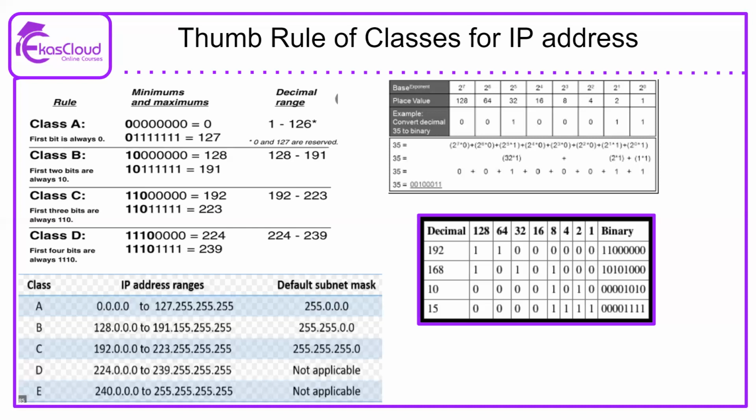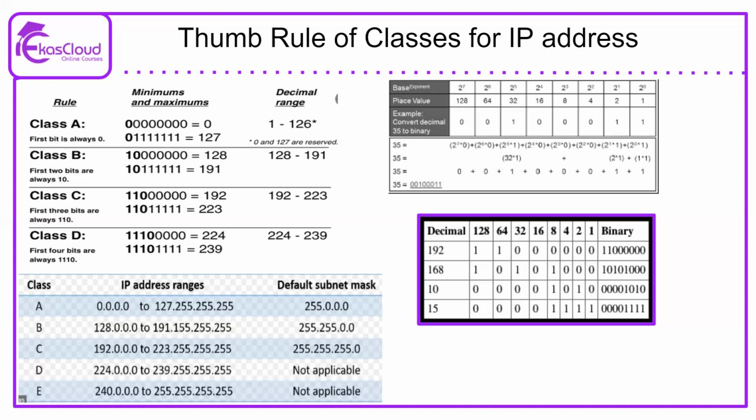And then in the first picture, if we go back there, we can see the minimum and the maximum. So the class A rule clearly says the first bit is always 0. The moment we set the first bit as 0 and set the remaining bits all as 1, the number it is going to become is 127. So that is why we say the class A range always starts from 0 to 127 in decimal notation. But in IP address terms, it will be classified as 0.0.0.0 to 127.255.255.255. That is the range of an IP address which belongs to class A.